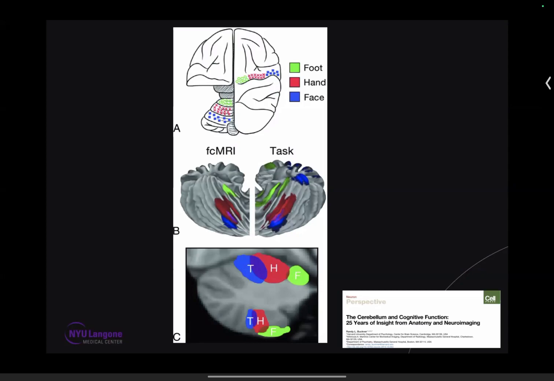Again, this is another article, image taken from another article, which shows you these task-based and resting state functional MRs can show you where the motor strip is. Of course, we all know the homunculus upside down, the foot, hand, and the face laterally represented over here. But did you know that in the cerebellum, the same areas are represented in a very similar fashion, close to each other, in the anterior portion of the cerebellum, for example, in the anterior lobe, the motor functions, and the motor functions are more in the paramidline structures, right? So if you remember from previous cartoon, these are